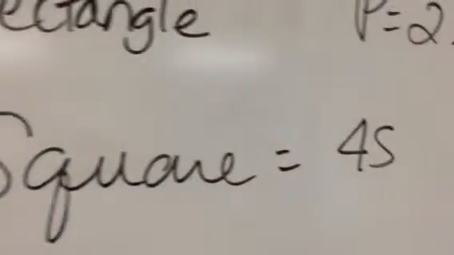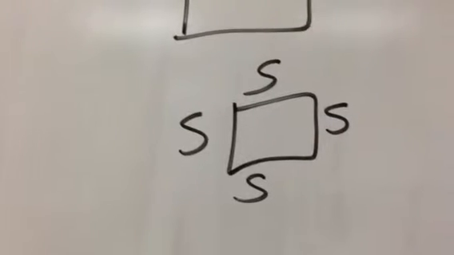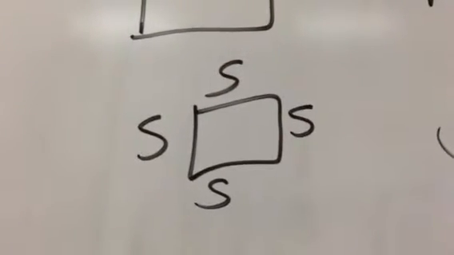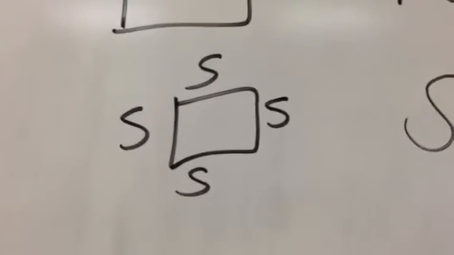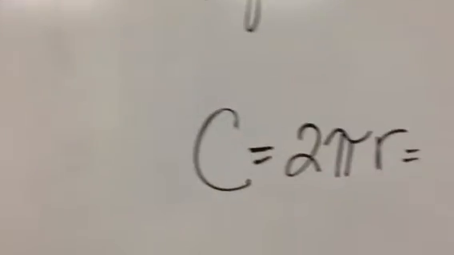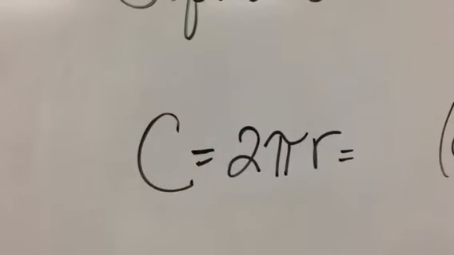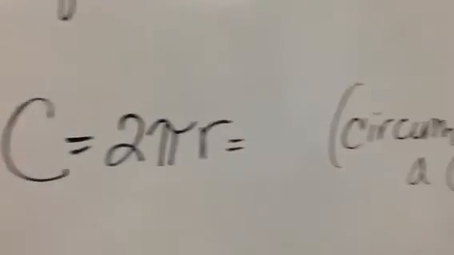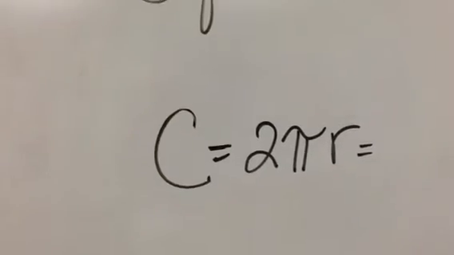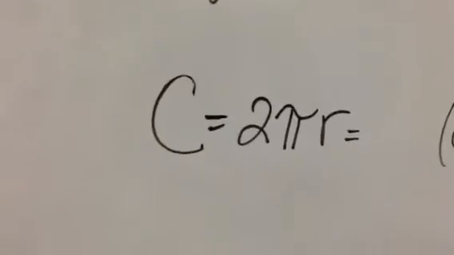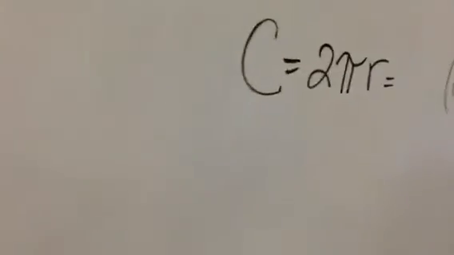Whereas a square, all your sides are equal. So if you're getting the outside of your square, it's going to be 4 times S, because if you add up all 4 S's, that will give you the perimeter. And finally, the circumference of a circle, the formula for that is 2 pi r. That's the circumference of a circle. So you can actually leave pi in your answer, and I'm going to show you. I'll click